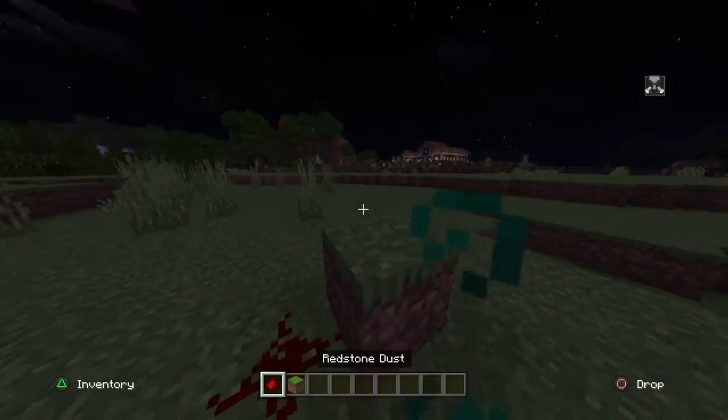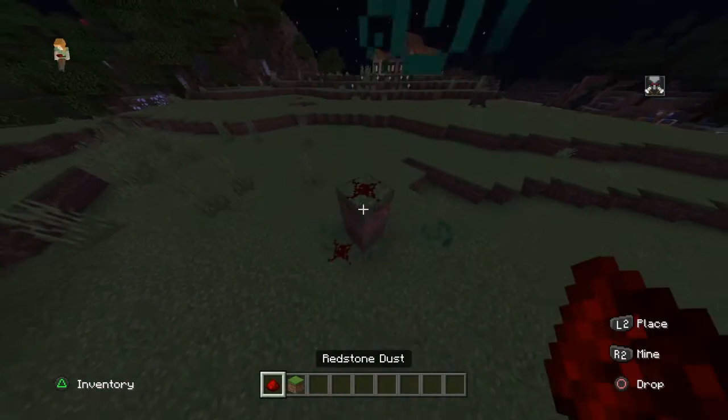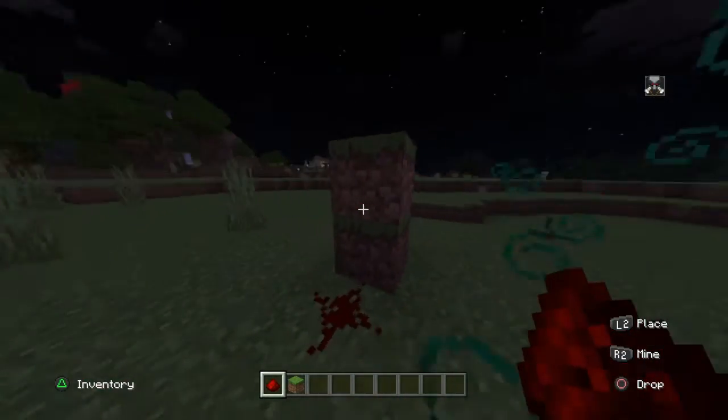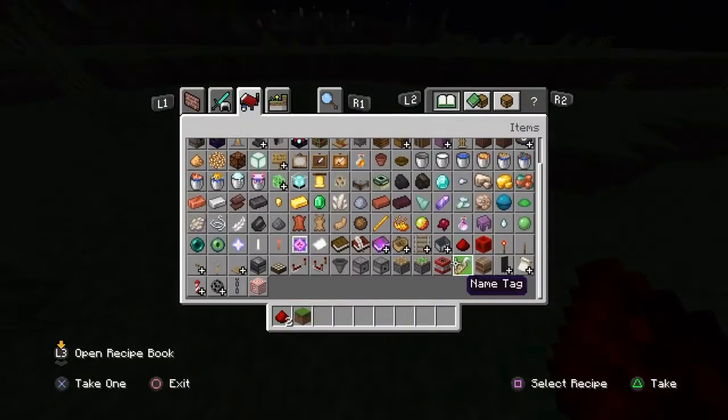Redstone can also go up a block, but not any higher. See, these aren't linking. Next, we have